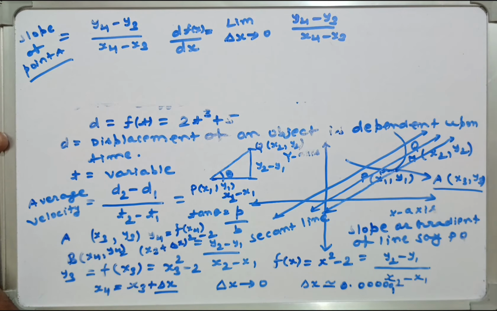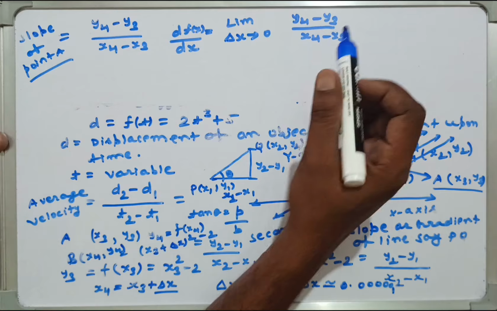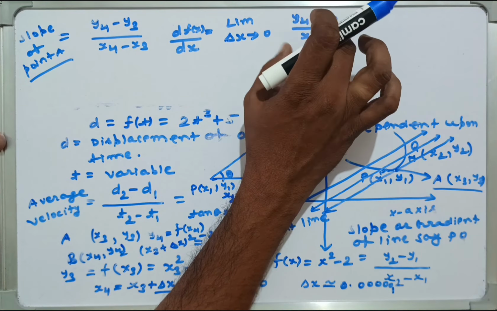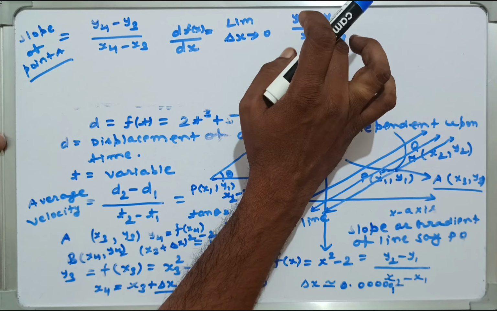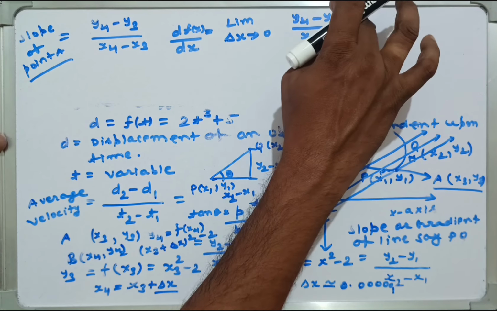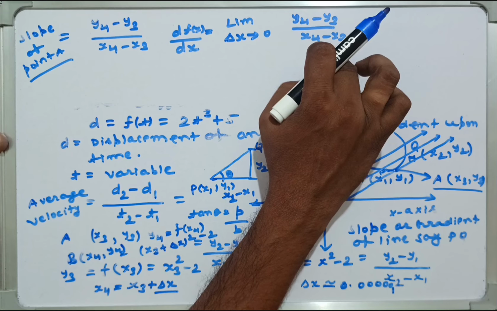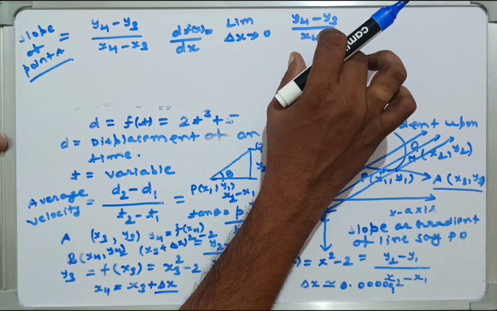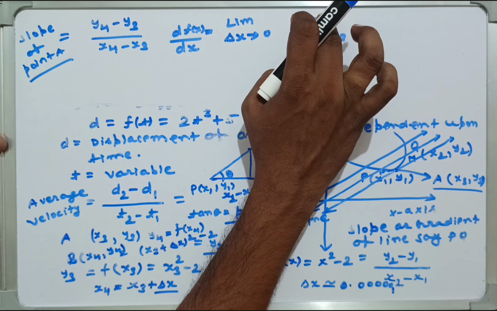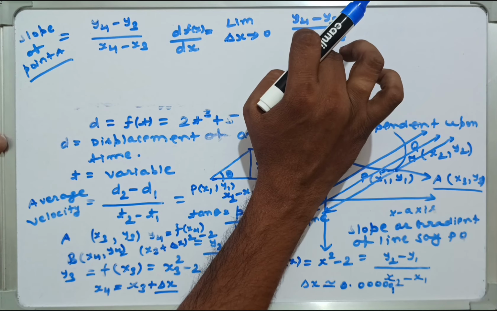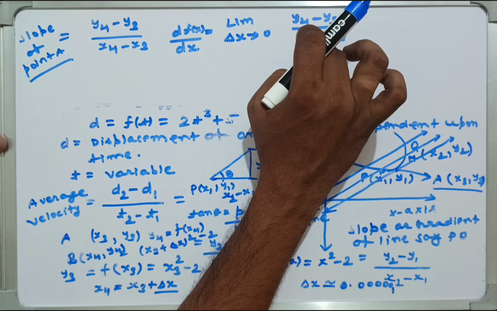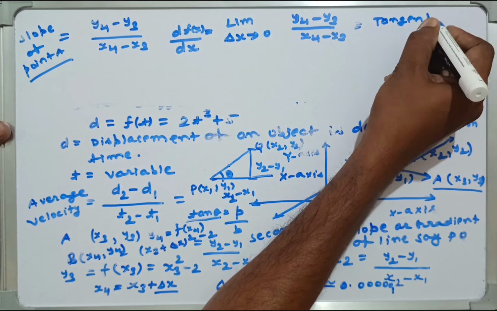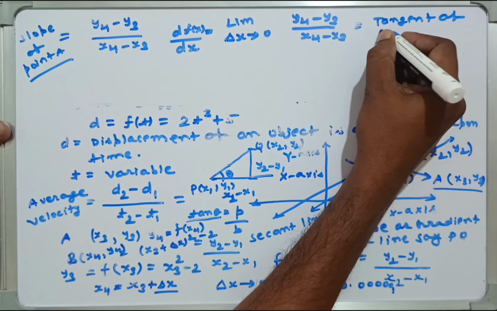What is basically happening here is you have a vertical distance between the two points and a horizontal distance between the two points. When you divide these two quantities, this is the tangent of the curve